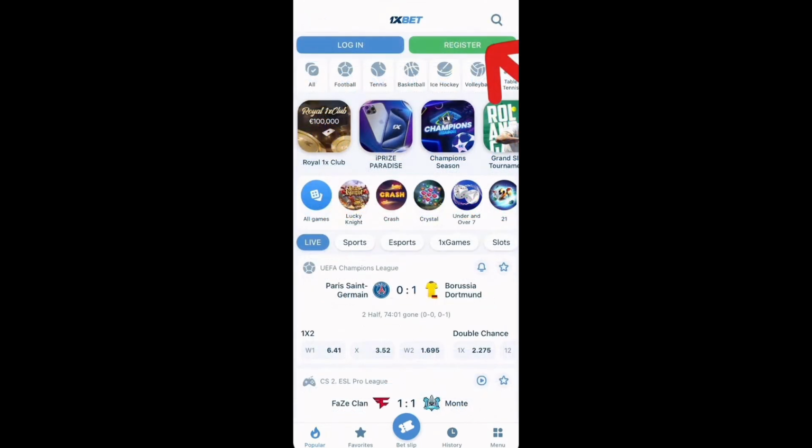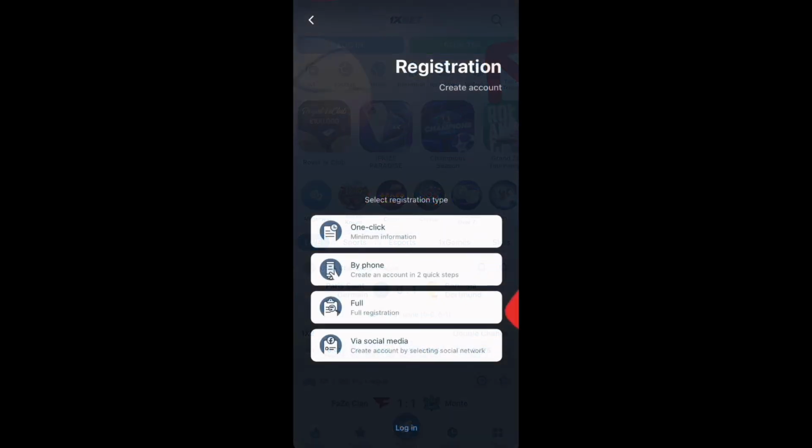Before you can successfully place a bet using a copied code, you will need to have an active account. To get started with this, simply look at the top right corner of your screen and tap on the green Register button. The app will present you with a few different registration options to choose from. To ensure your account is fully secure and ready to access all the features, select the full registration method from